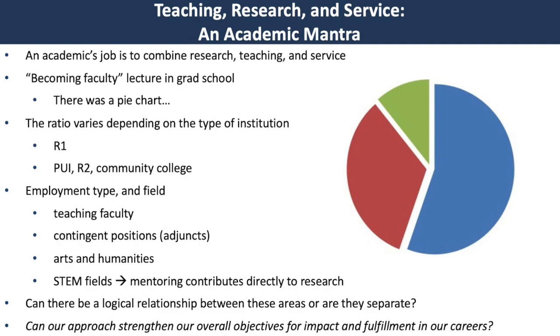And then in STEM fields, we have the additional requirement of mentoring that contributes directly to research, but is a kind of teaching. It's not entirely dissimilar to teaching. And the question is, can there be a logical relationship between these areas, or are they separate? Can our approach to teaching, research, and service strengthen our overall objectives in our job for impact and also fulfillment in our careers? The hypothesis that I want to explore in this talk is that indeed, yes, it is possible to combine these